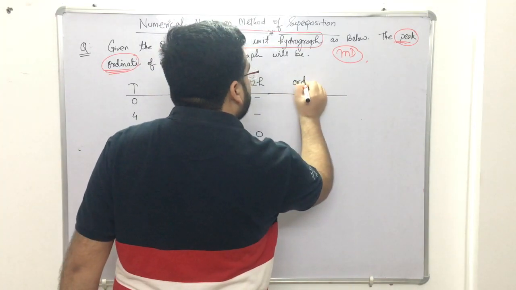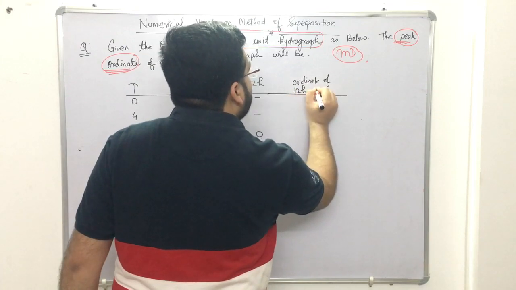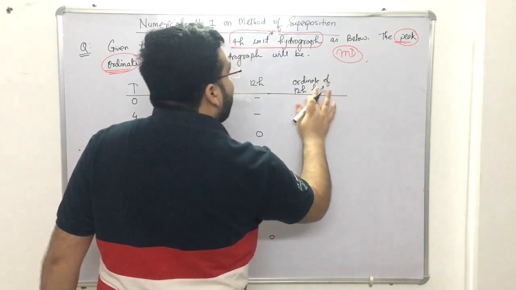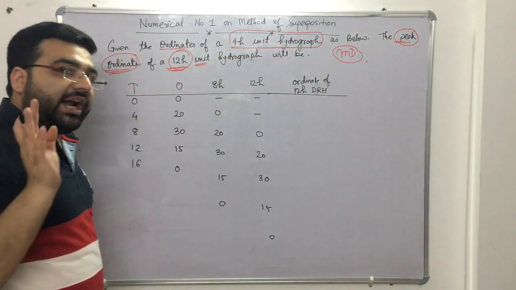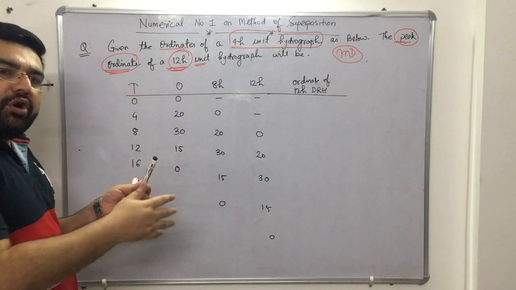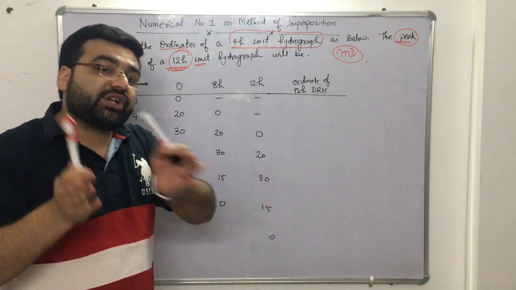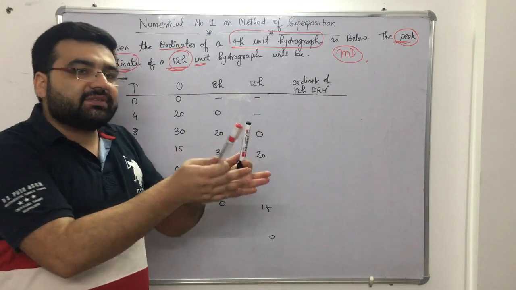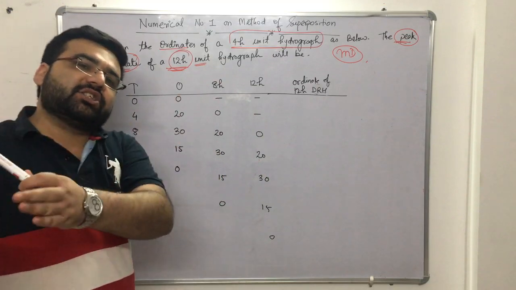Next step is the ordinates of the 12-hour direct runoff hydrograph, DRH. This is not a unit hydrograph, this is a DRH, right? So how much will it be? Just superimpose it, just add the values, from the fourth assumption. What is the fourth assumption? Linear response. If 1 plus 1 is equal to 2, then 2 plus 2 will be 4.